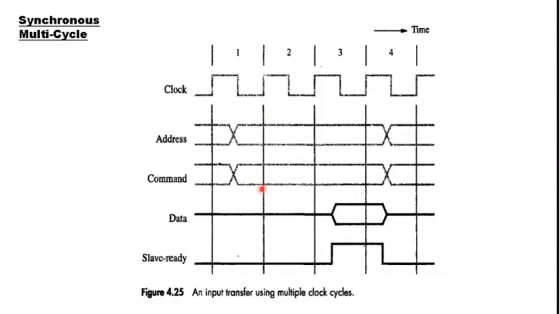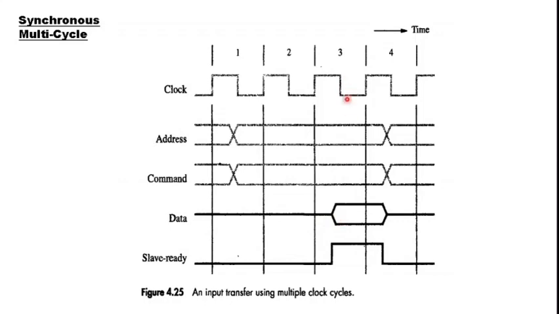So once it recognizes by the end of clock cycle 1 that it has been chosen and the operation has been requested by the master, it will start preparing the data for the master. But how long it takes to prepare, that is left to it. Okay, it can take multiple clock cycles for preparation, but in this case only one clock cycle, that is clock cycle 2, is taken for preparation, and by the end of clock cycle 2 it is assumed that the slave is ready with data for the master. Then after accommodating the delay, the data from the slave is available in the bus, okay, by the mid of clock cycle 3.